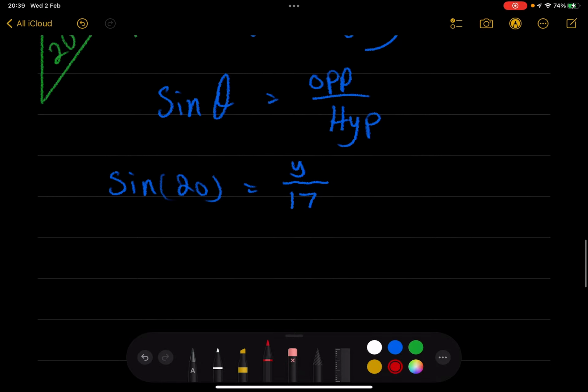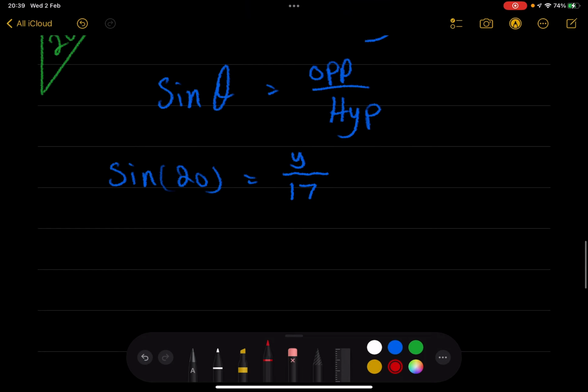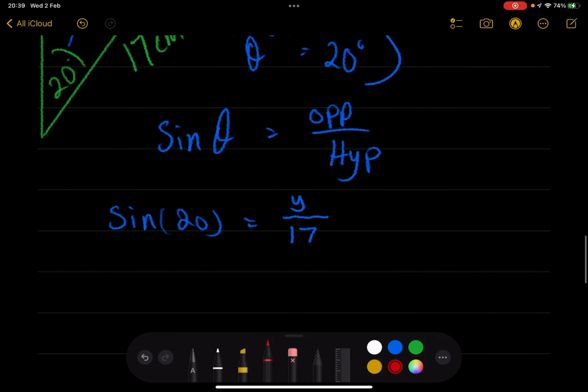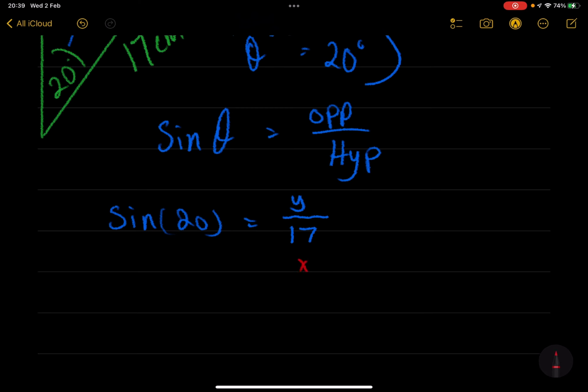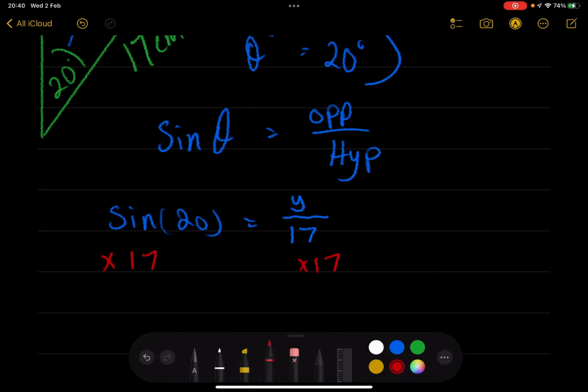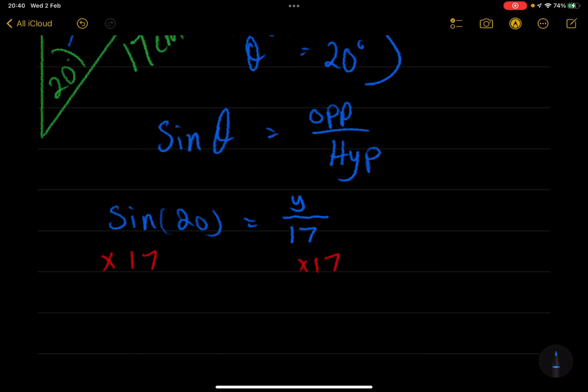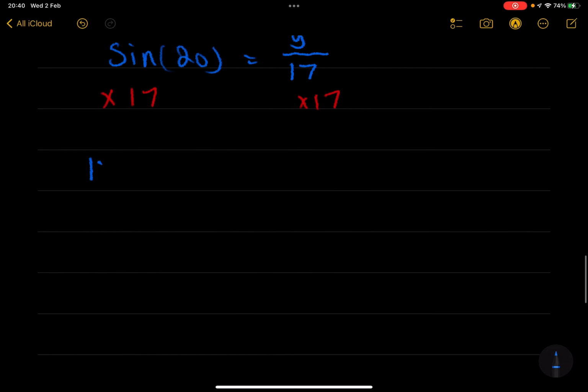And then we need to get y on its own. Now this says sine 20 equals y divided by 17. So you could almost think about it as a 17th of y. So you've got to be timesing by 17 to get it off the bottom. And then what you get is 17 sine, open the bracket, 20 equals y. And then we just whack that into a calculator and we'll see what we get. So y equals,